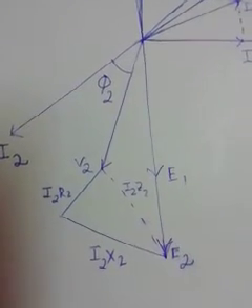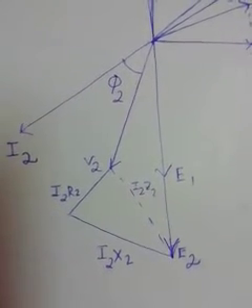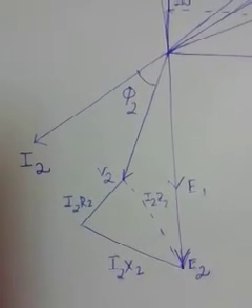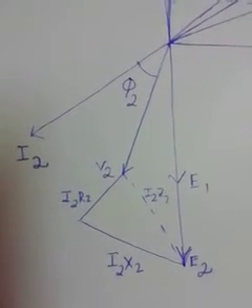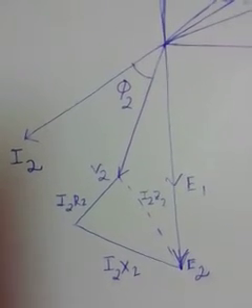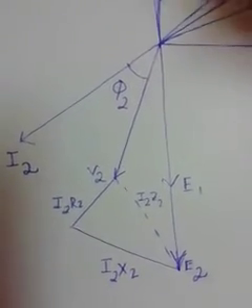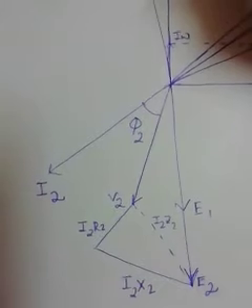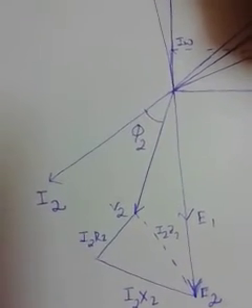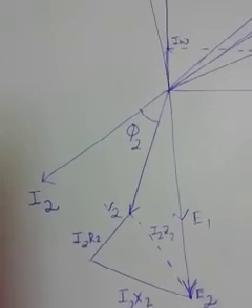Initially E2 is induced. Because of E2, I2 will start to flow through the load as well as through the secondary side winding. Then because of this current, some drop will occur in the secondary winding, and we get V2 as E2 minus the drop due to the secondary side parameter. So this is the relationship between E2 and V2. Now how is I2 drawn? I2 is drawn with some angle of lag phi 2 with respect to V2, because it is already said that we are considering the lagging power factor angle.